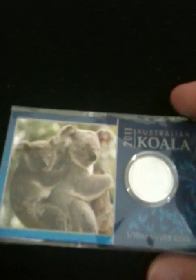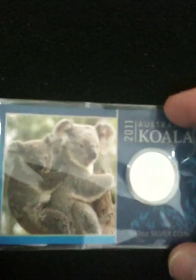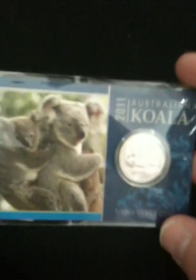It's the Australian koala, and it's a similar design to the 1 ounce coin for 2011. This cost me $14 on eBay, so that's about $10 over spot. Base metal for this is worth about $4, so you know, not the most economical way to buy your silver